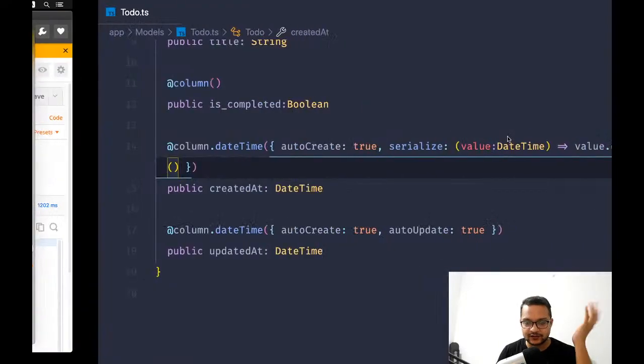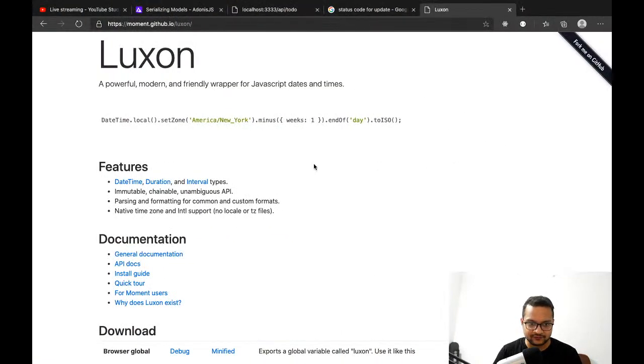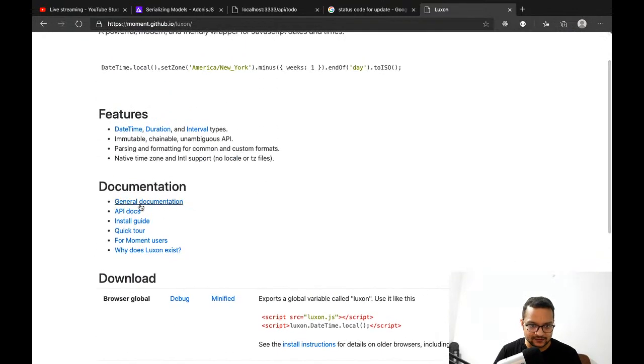There is something, but I don't know what that is. So I like that formatting system. You can format it like anything. So, the API doc,